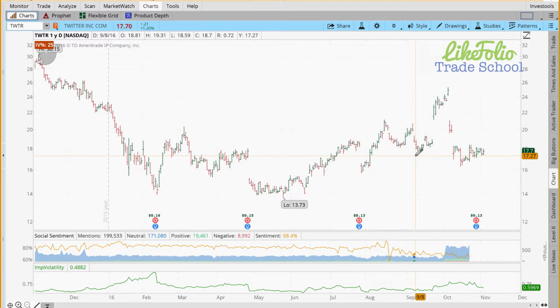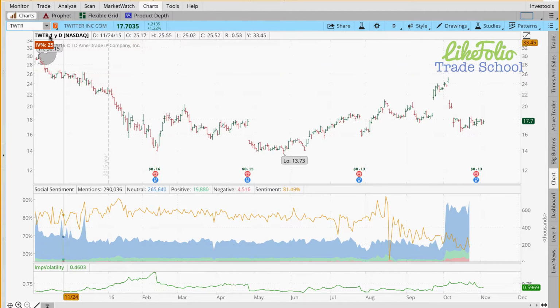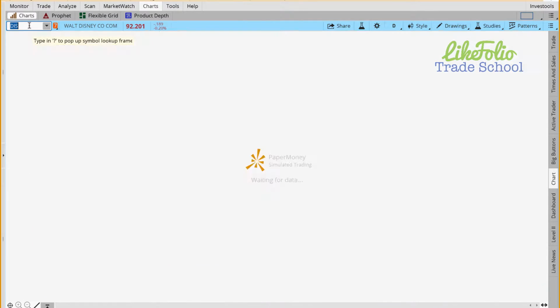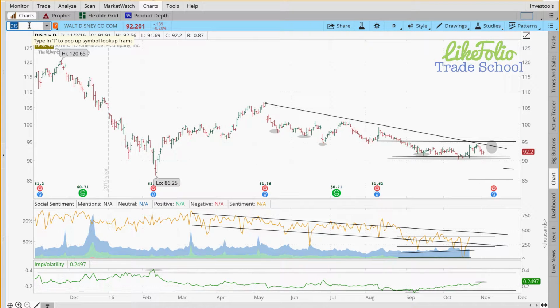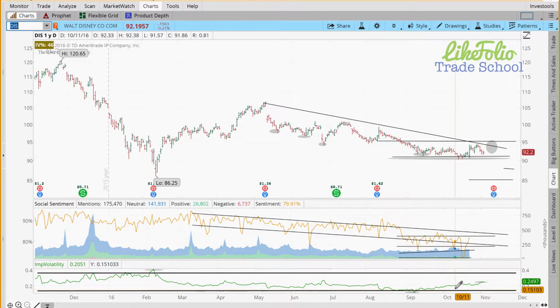That's a much cheaper, less capital intensive way of doing it because it's a cheaper stock. I don't know if Twitter really has the social sentiment to back up doing that, but I just wanted to give you an idea of a less capital intensive way of doing this particular strategy if capital is an issue for you. But Disney, I think, presents a pretty good opportunity here from an implied volatility perspective,